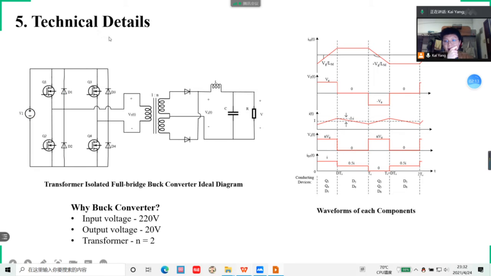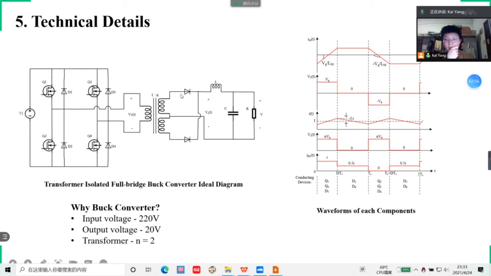Let's move on to the technical details. This figure shows the transformer isolated converter and the concept diagrams. The input is DC voltage, and through the different excitation signals of these switches, the voltage is transmitted to the primary of the step-up transformer as a periodic square wave. And when the inductance of the transformer doesn't reach the saturation state, the secondary terminal will get the periodic square